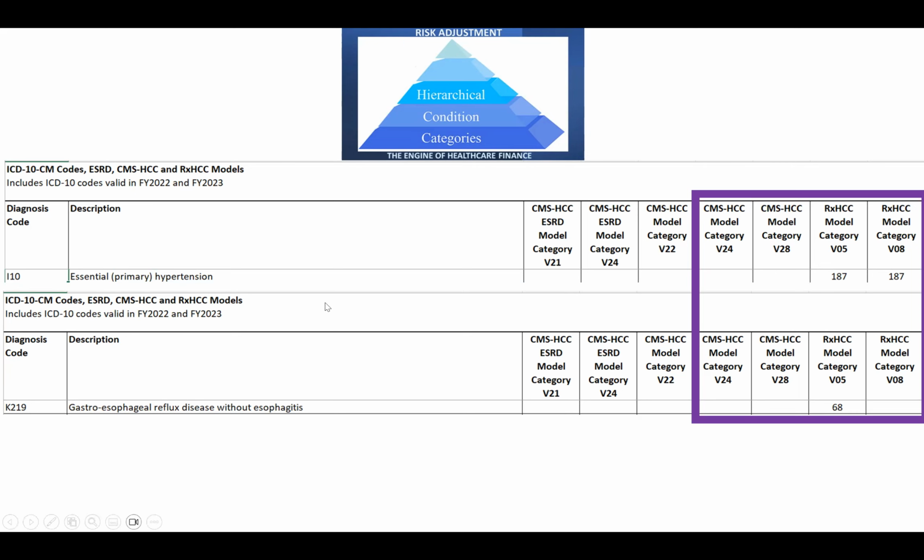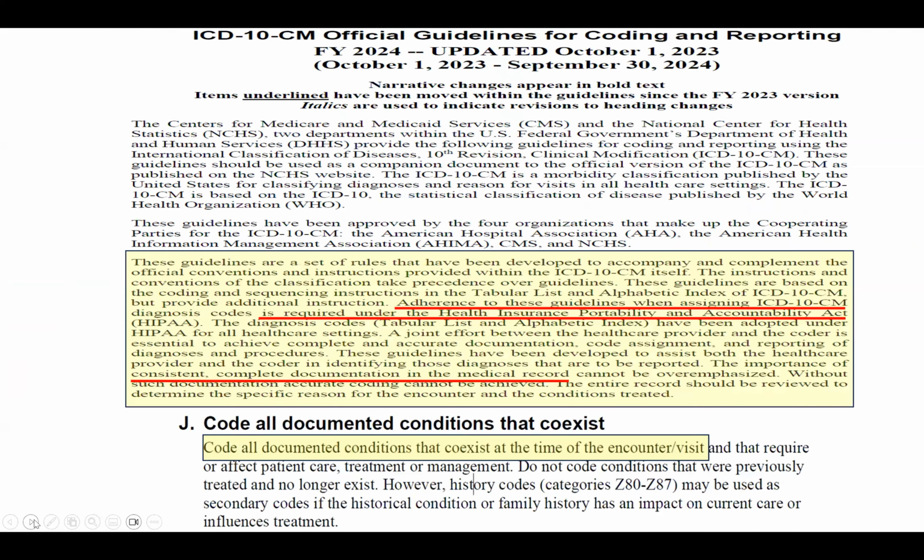So this is a pretty straightforward record, and we will just remind you in regards to diagnosis coding that adherence to guidelines is required under federal law. So we certainly do seek to help you master your diagnosis coding as well as any other codes involved in these encounters.